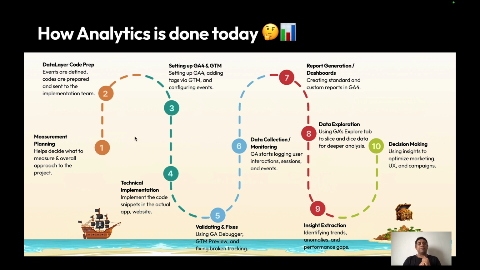Right? Then once the planning is started, the expert, or even you, can start going through the different data points that you want to capture. All those events will be converted into step number two, which is called data layer code preparation, right? So it needs to be a code that can be implemented, right? So to implement code,